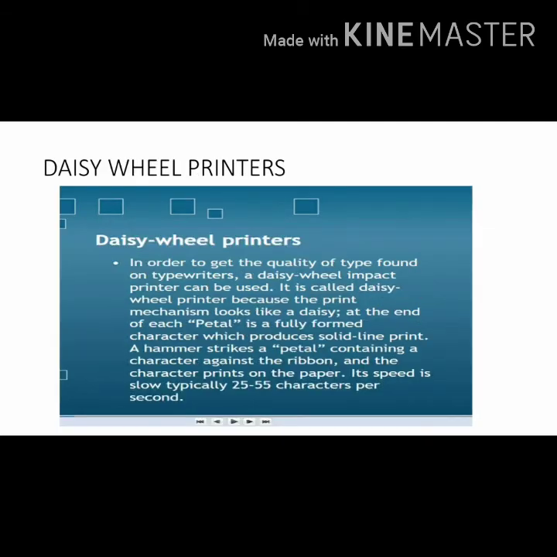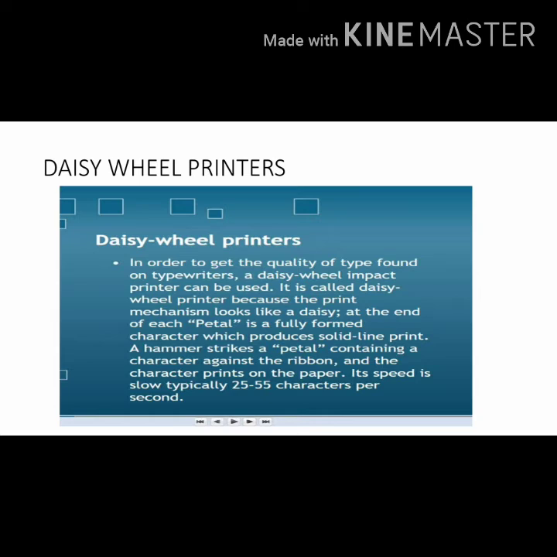The other type of impact printer is the daisy wheel printer. It is similar to a typewriter. What the typewriter was in olden days, now the resemblance of a typewriter is the daisy wheel printer. In order to get the quality of type found on typewriters, a daisy wheel impact printer can be used. It is called a daisy wheel printer because the print mechanism looks like a daisy.